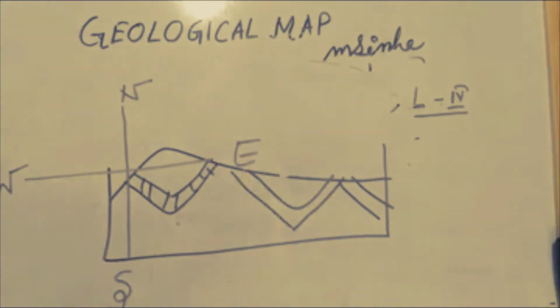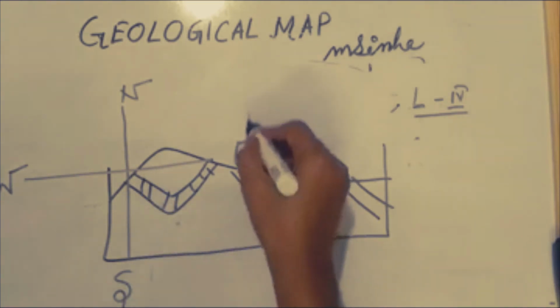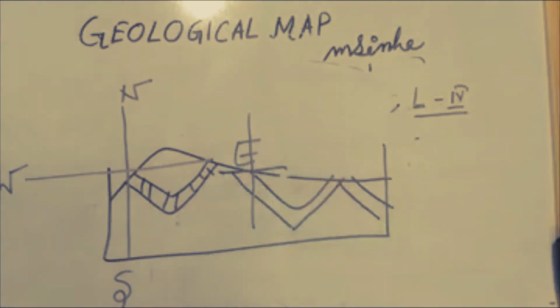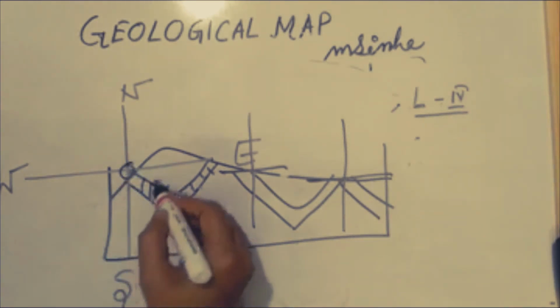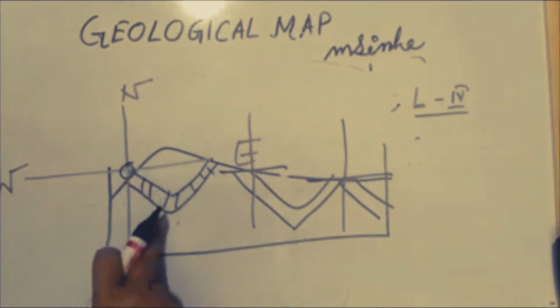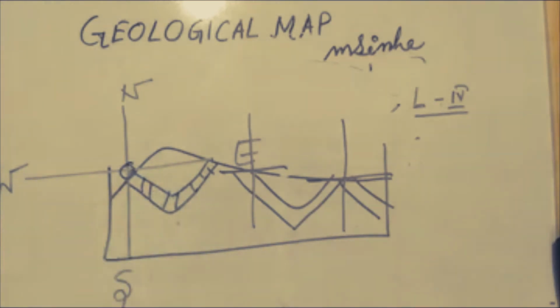To identify the direction of the dip, we have already discussed a lot about the amount of dip, and you can measure it. Now we are talking about the direction of the dip. With the help of this diagram, for that bed you draw a cross here. So first, what is the direction of the dip of this particular bed?